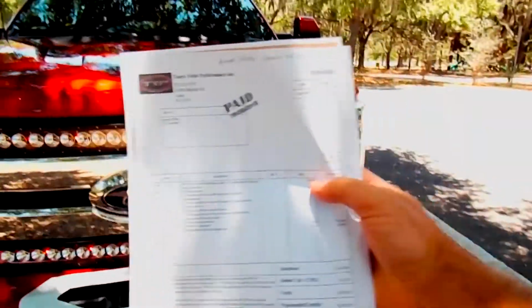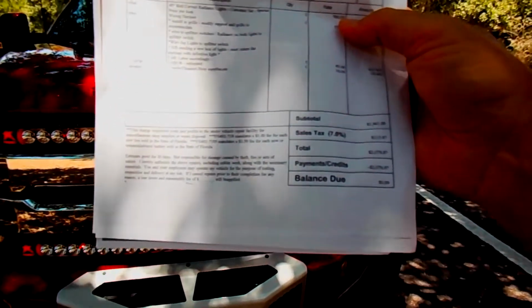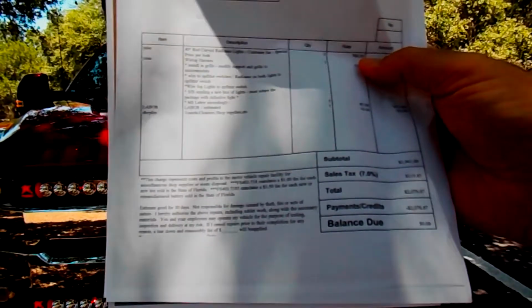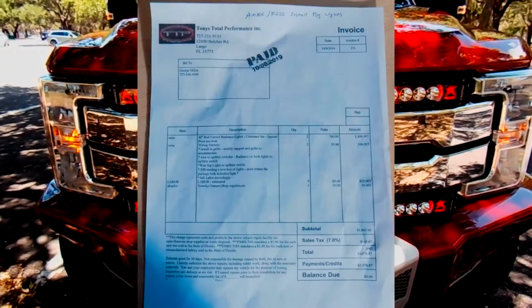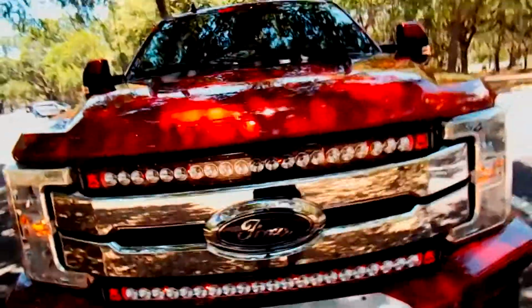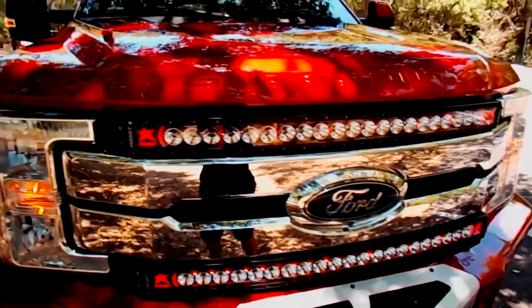And I just want to show you the receipt paid. And we got a special deal from Tony. It says right there, George special deal for $2,076.87 to install those two lights, because he had to custom cut the grill. He made steel brackets because I said, well, there's no protection on the front, so if we go through brush and all that, which we never did in this truck, but if we did, we needed to be able to take